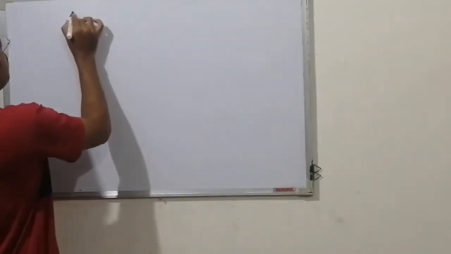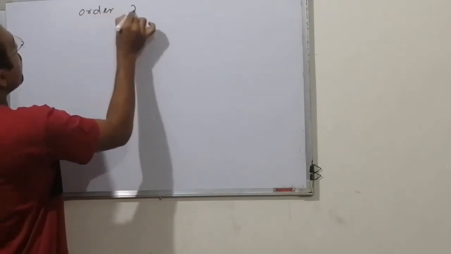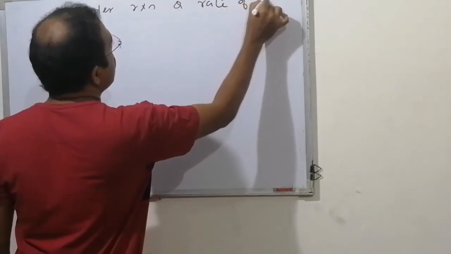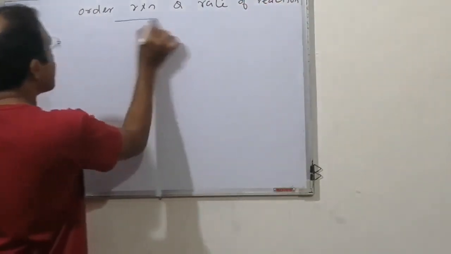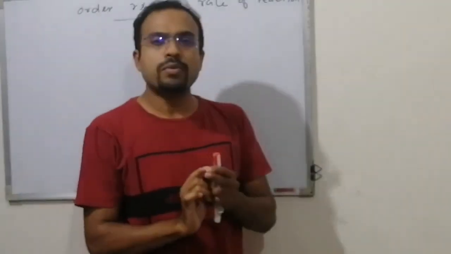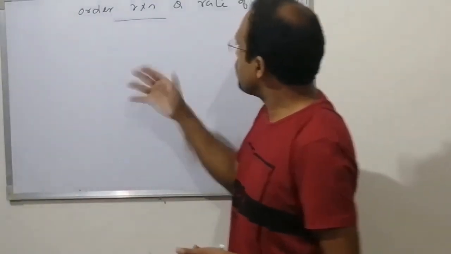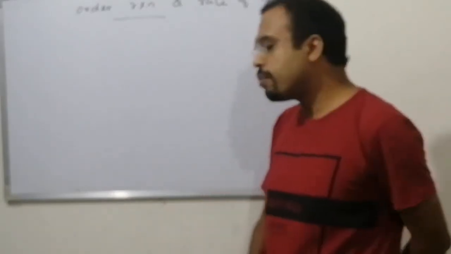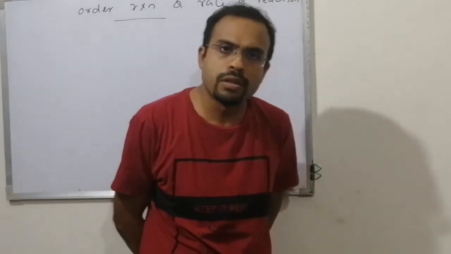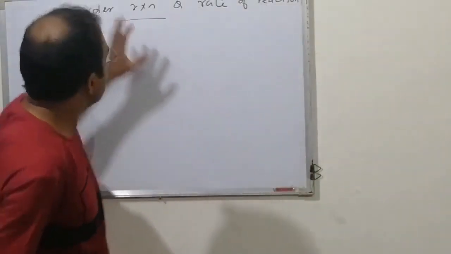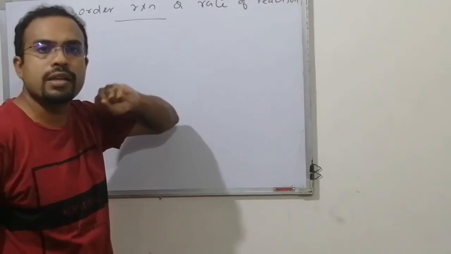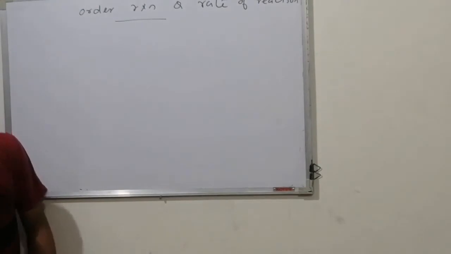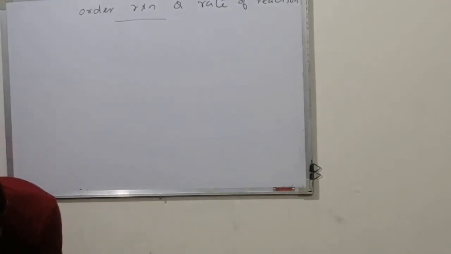Okay. Now, next is order of reaction and rate of reaction. It is one of the important topics here where there are many scopes for numericals. When you take any competitive examination or university examination or board examinations, you will see a lot of numericals from these topics. We can do one question here. I have the data.